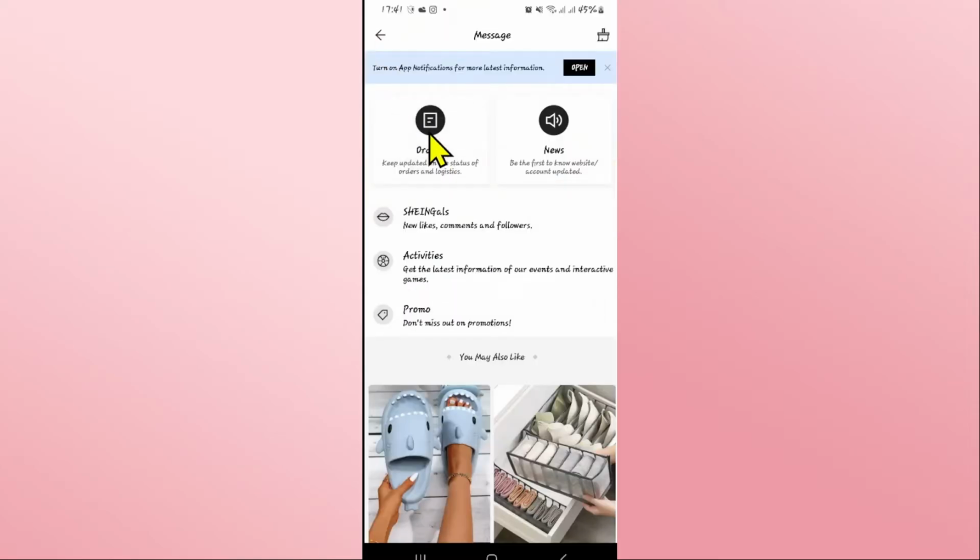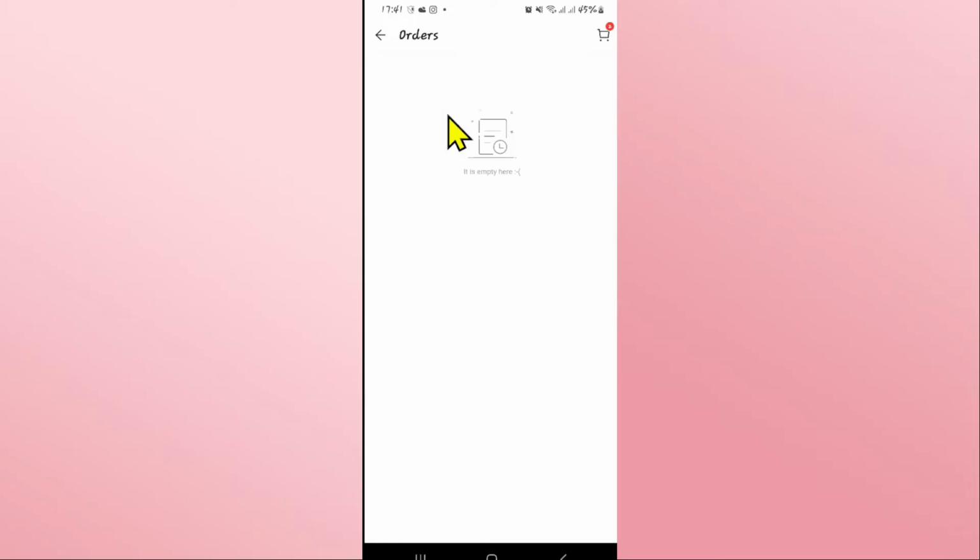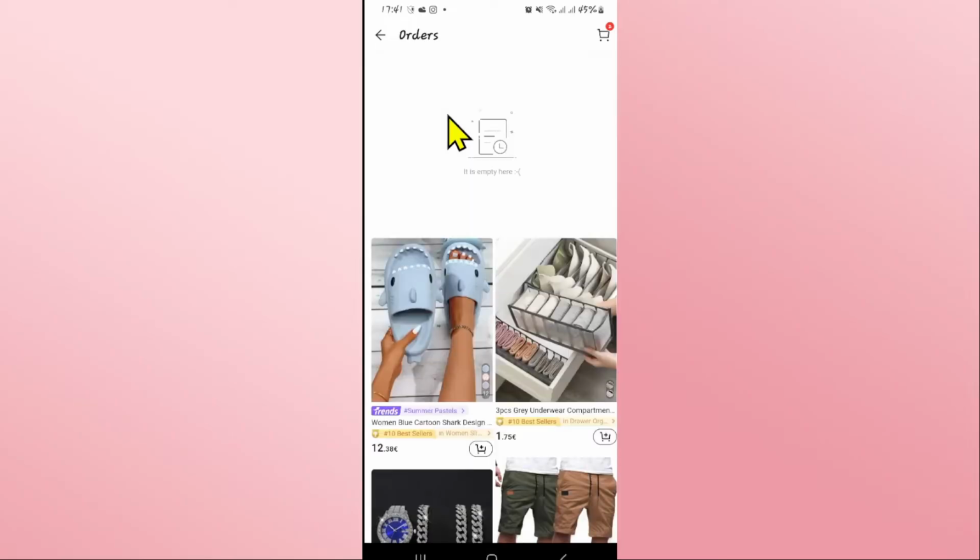Go ahead and tap on it and this page will now show you all of the orders that you have made, including the ones that you have already received as well as the ones that are pending for you to be received. Just tap on the order that you have received for which you wish to download the invoice, and